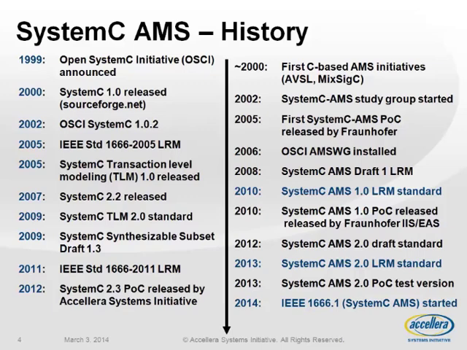Here you see the overview of SystemC and SystemC AMS, so SystemC at the left side, which started more than 10 years ago. And actually, if you look at the right side, even the first extensions for SystemC AMS were already developed a long time ago, resulting in a proof of concept implementation somewhere around 2005, 2006. So, is this new? No, not really. The technology is rather old and as such also very stable. And what is nice to mention here is that we are also preparing that Accellera will move it into IEEE. So there will be an IEEE P1666.1 formed, which will be the starting point of the creation of an IEEE